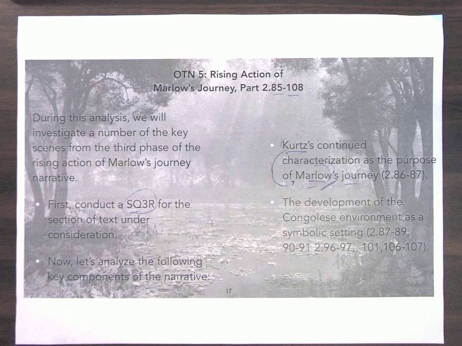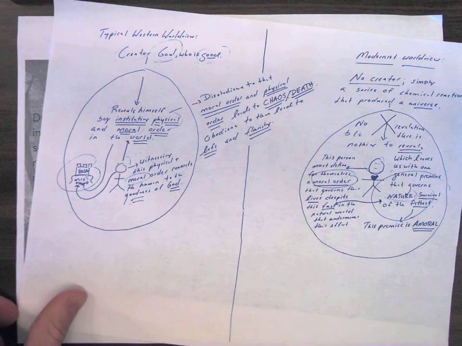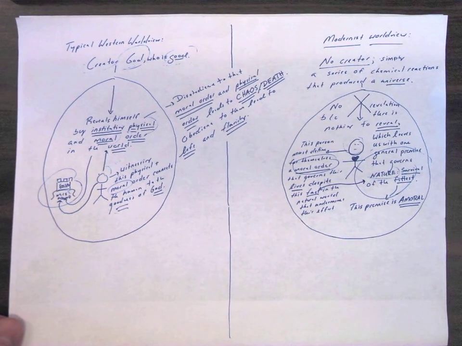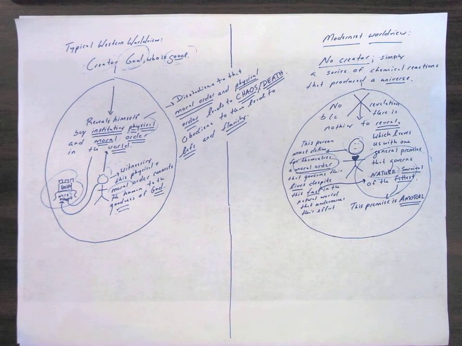Let me say that again. Marlowe is beginning to reckon with the fact that nature is not governed by a self-evident natural law that establishes norms for good and bad for human behavior. So very much unlike the conventional optimistic Western worldview articulated in the Christian religion, but also in other derivatives or loosely related kinds of optimistic worldviews.